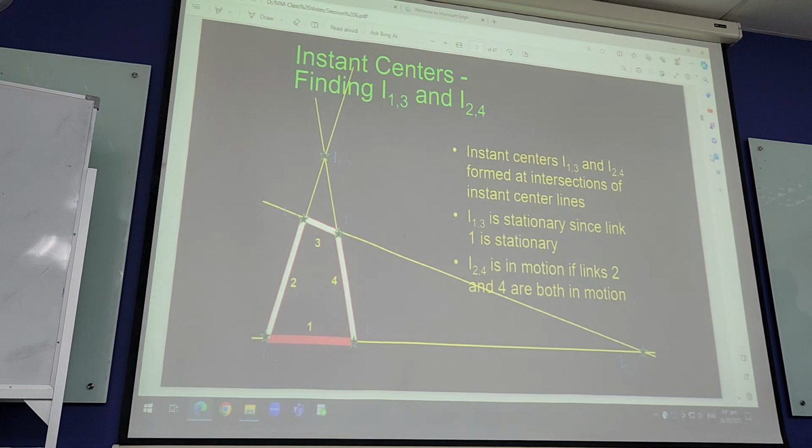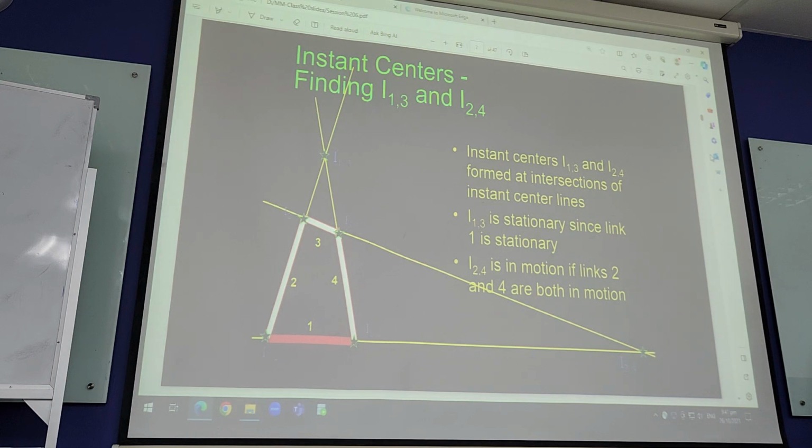So only 6 ICs for a 4-bar linkage mechanism. But this is just for understanding purposes. In the exam, your question will be a bit more complex, a 6-bar linkage mechanism. For a 6-bar linkage mechanism, you will have 15 ICs. So when you look at your question on 6-bar linkage mechanisms, first, to identify ICs, you